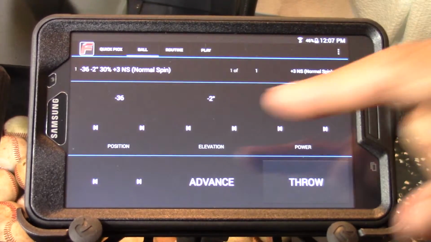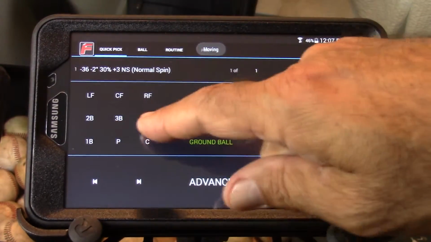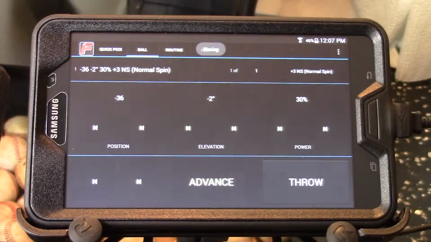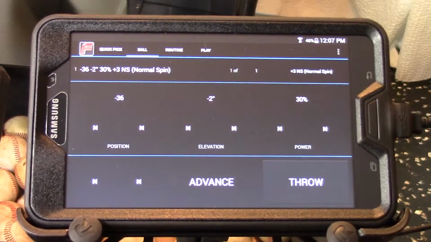base line. So when we're at the position of third base, we at FungoMan have set that standard position as negative 36 degrees. So if negative 45 degrees is the first or third base line, it's off the third base line at negative 36 degrees.